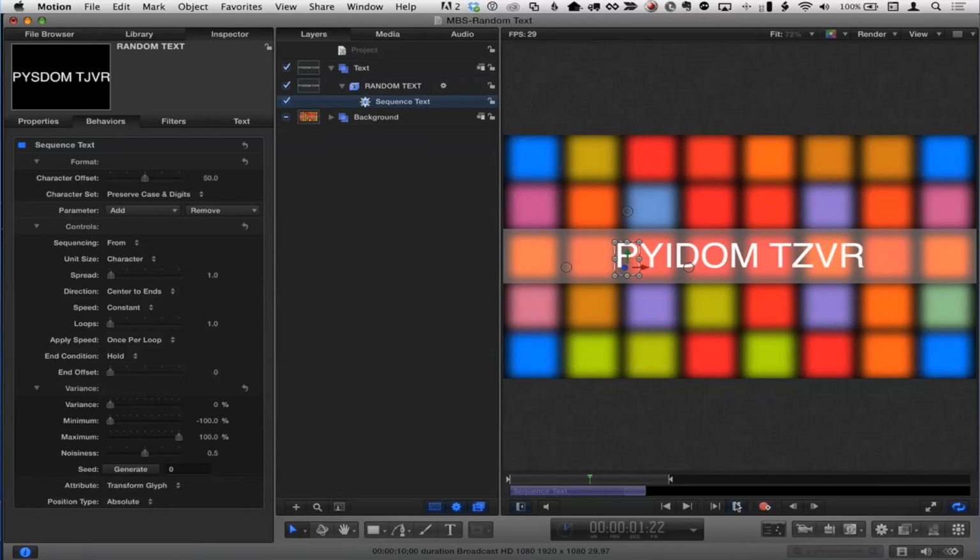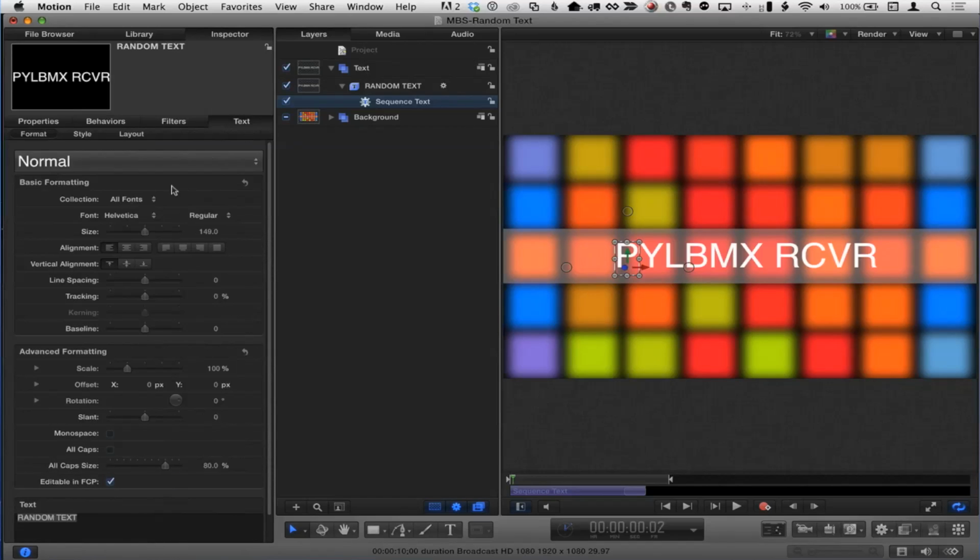But notice as it's playing how all the letters are kind of jumping around, they're popping out, and they're all popping to the right. The one on the left stays still, and all the ones to the right move around. The reason for that is if we go back to the text inspector, the alignment is set to left aligned. So for instance, if I set it to center aligned and then drag the whole thing over here,